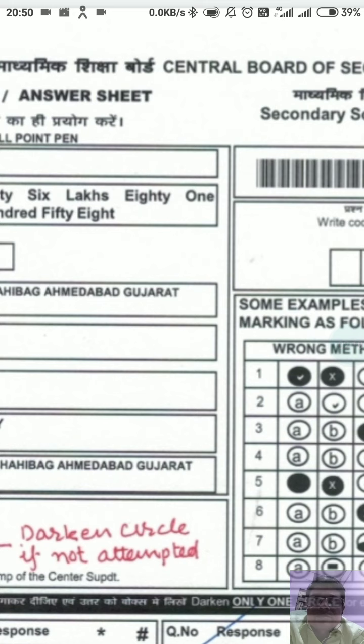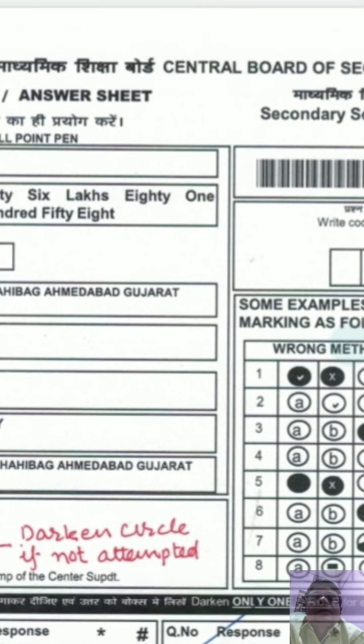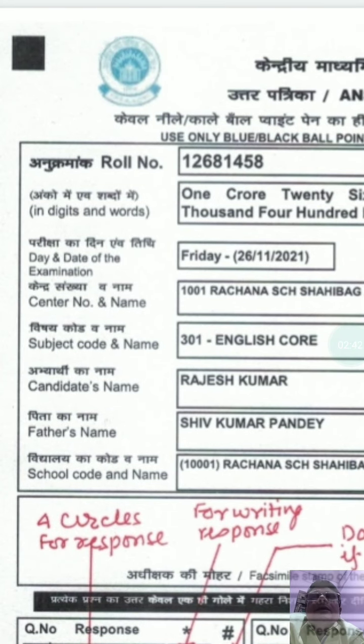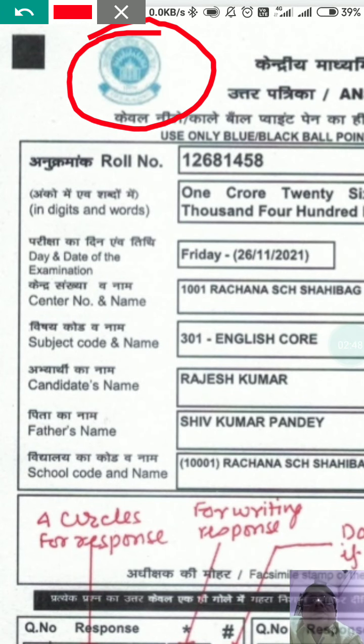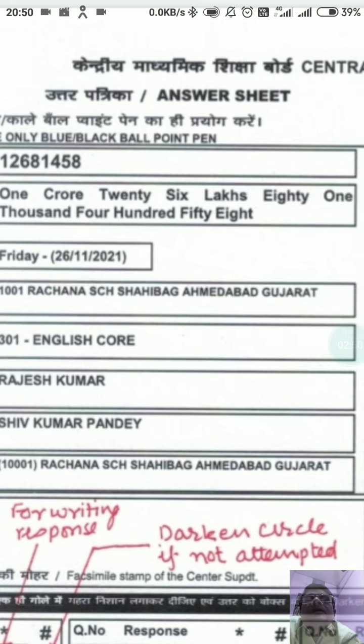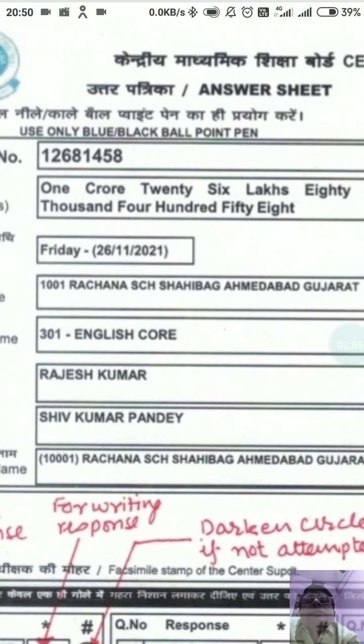Okay? You have to respond your answer on the sheet which is known as OMR sheet. Let us try to understand this OMR sheet. Here you see the logo of CBSE. Then you see Kendriya Madhyamik Shiksha Board, Central Board of Secondary Education, Uttar Patrika answer sheet,